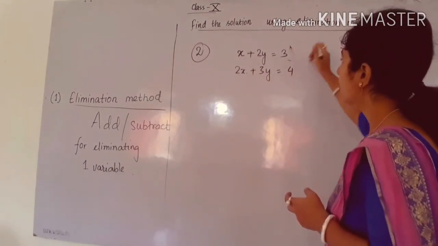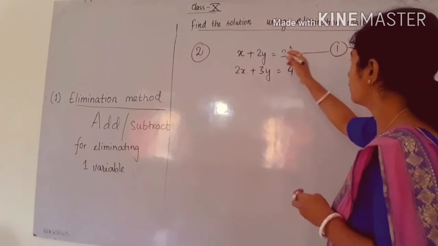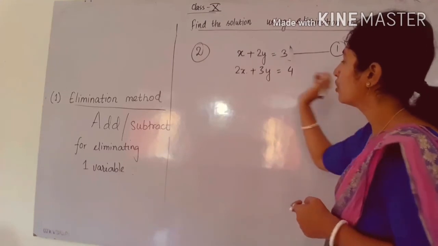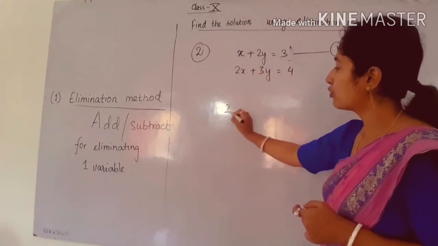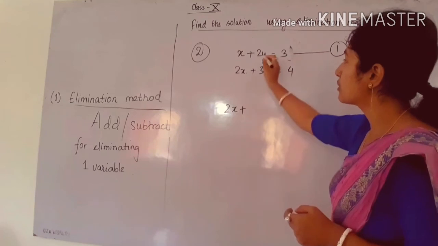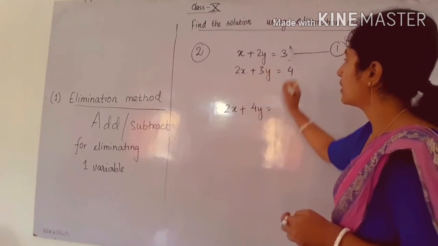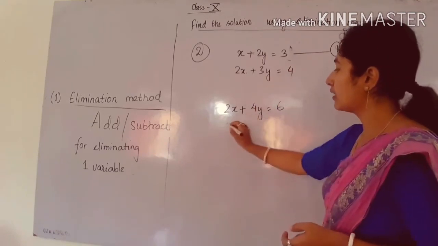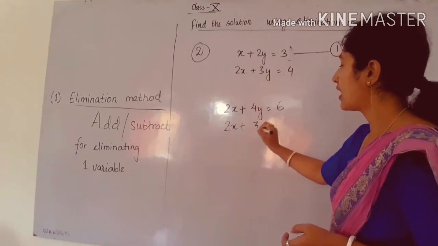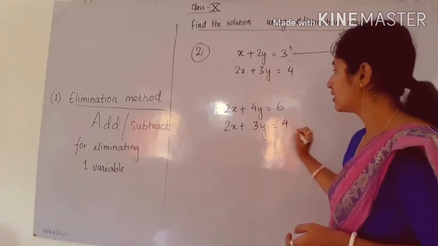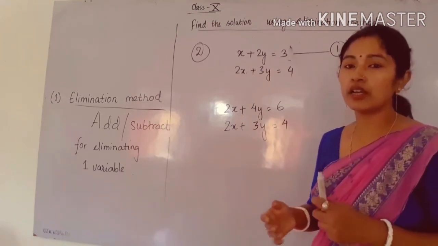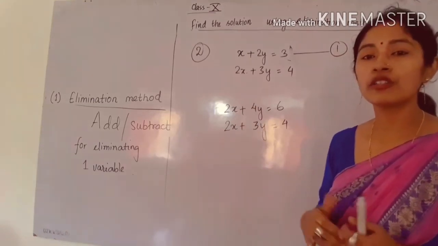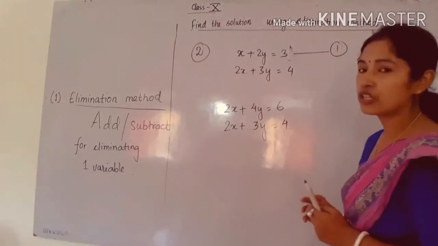So simply you have to number the first equation as 1. So you have to write multiplying equation 1 by 2. So what we will get? In place of x we will get 2x. In place of 2y we will get 4y. And in place of 3 we will get 6, because 2 into 3 it will be 6. And the second equation will be same as it is, because we will not change the second equation. If the second equation changes, then again we cannot make the coefficient of x same. That's why we will not change equation 2, we will only change equation 1.